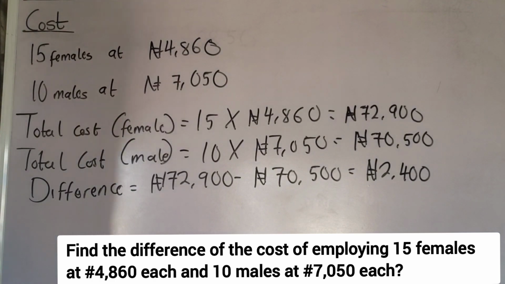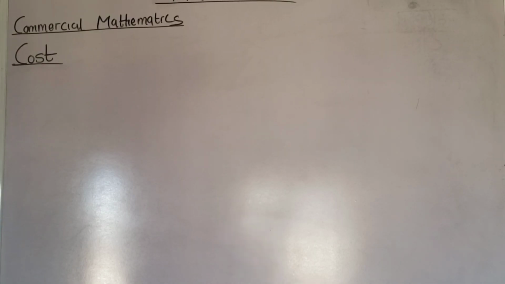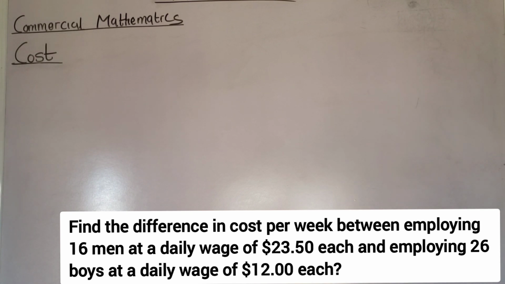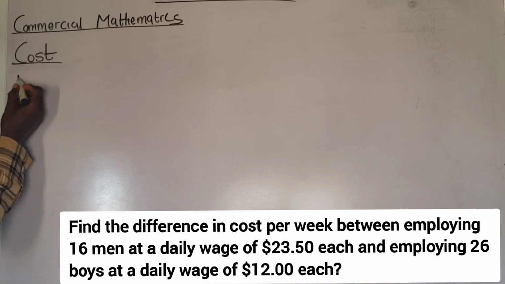Okay, let's proceed to another question. Find the difference in cost per week between employing 16 men at a daily wage of $23.5 each and employing 26 boys at a daily wage of $12 each. Okay, let's start by writing out the information that we are given in the question. We are told to find the difference between employing 16 men